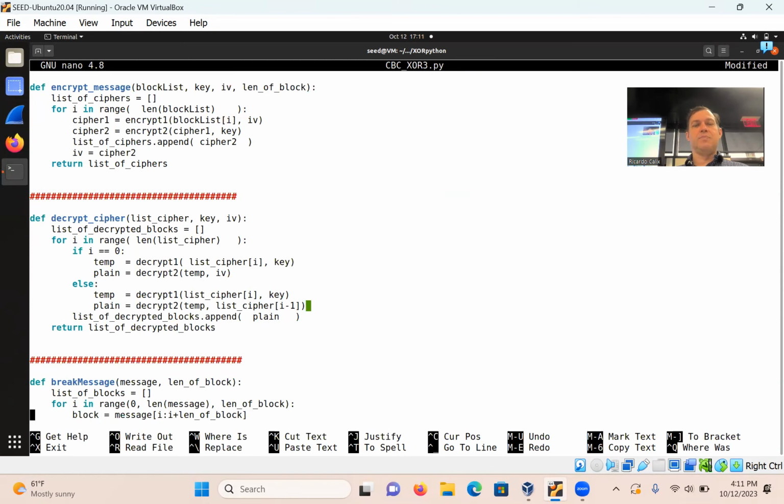Remember, the key thing is that we create a list of cipher blocks, right? And so then we want to maintain that. So the easiest thing might be, wouldn't it be great if we could take a list of cipher blocks of byte arrays and save them into a file directly, and then send that to our friend, right? And then when we read it in, we read in a list of cipher blocks. Does that make sense? Back into memory, as if we just took a snapshot of memory, but put it in the file and then send it, and then we grab that from the file and put it back into memory